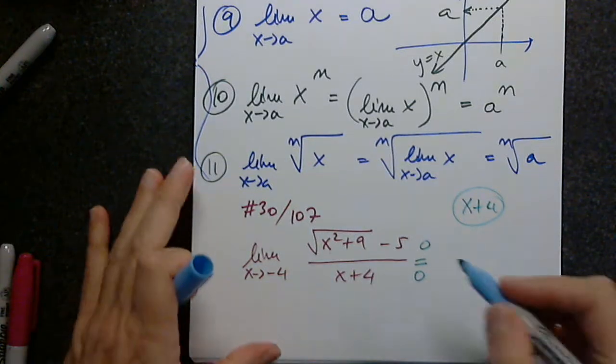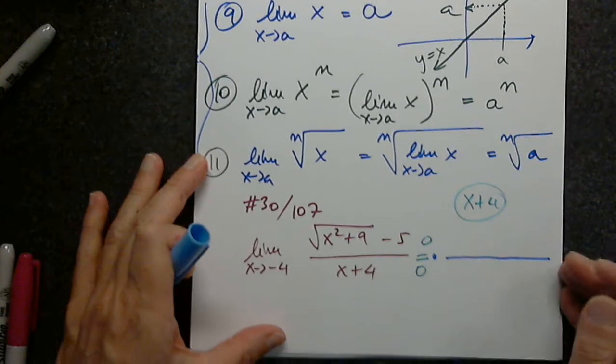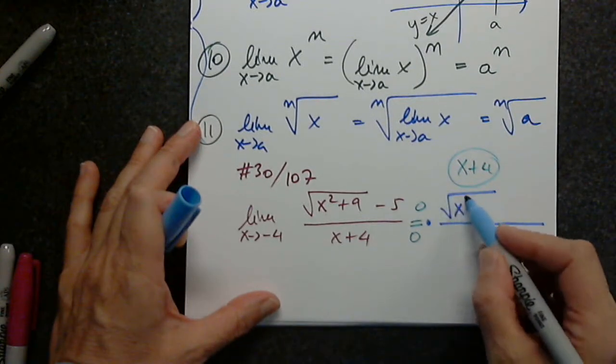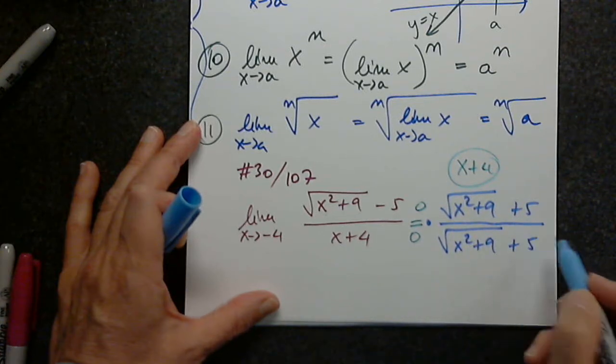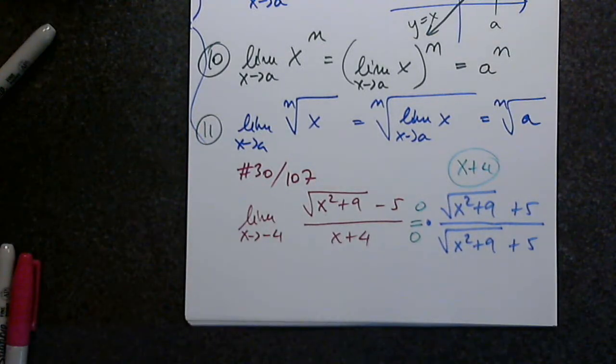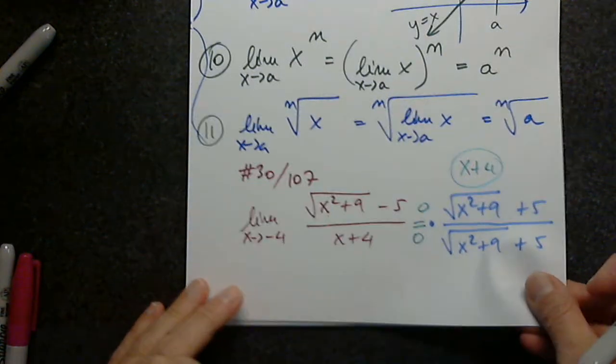Awesome. Thank you very much. We multiply by the conjugate of the numerator, which is the square root of x squared plus 9 plus 5, the square root of x squared plus 9 plus 5. Everyone agrees? Any questions why? Are we okay, everyone? Perfect. Okay, so then